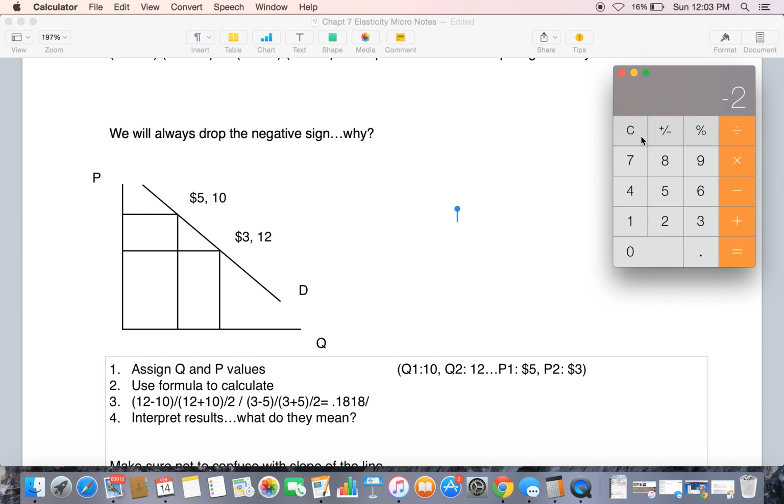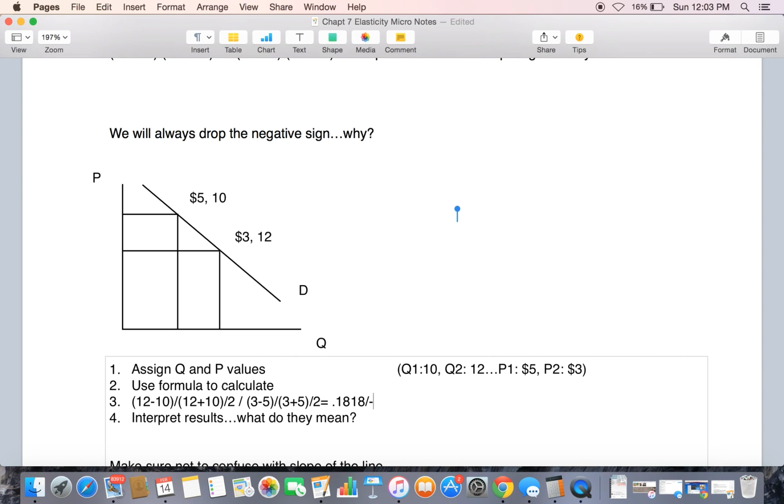3 minus 5, which is negative 2. 3 plus 5 divided by 2, negative 2 divided by 4. Negative 2 divided by 4 is negative 0.5. So we see that as our